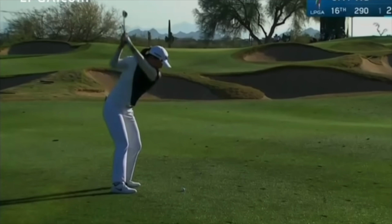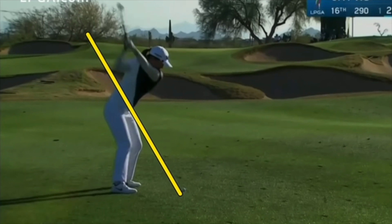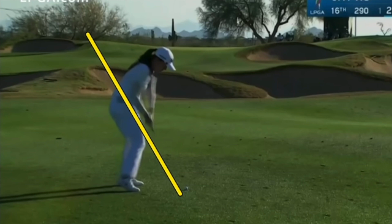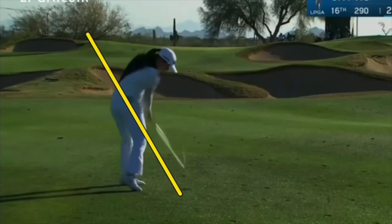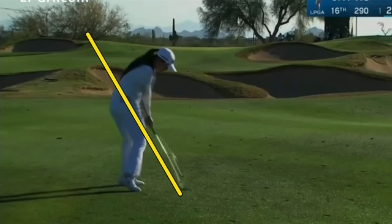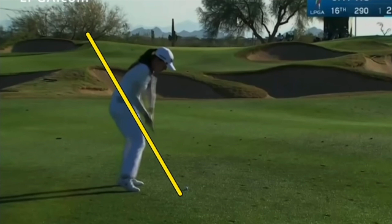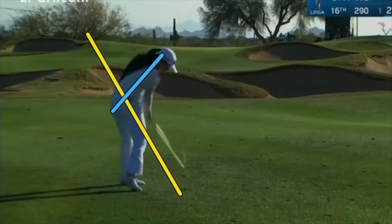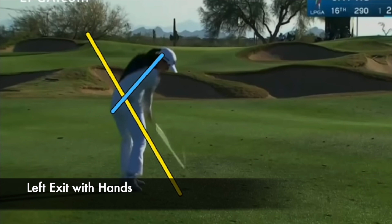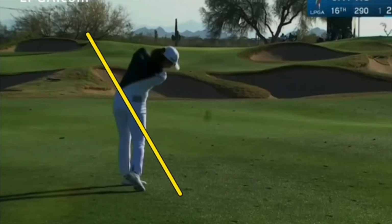And let's get this plane line back in here where it should be. Cameraman moved a little bit. And there comes that club back down to the plane. And like we've seen some other players, as they're hitting these wedge shots especially, you can see as the club tracks through there, the player is staying in posture in the same angle. Club back on the plane or very close to it. And with these wedges, the handle disappearing to the left, going this way. And that allows the club face to stay square for a long time